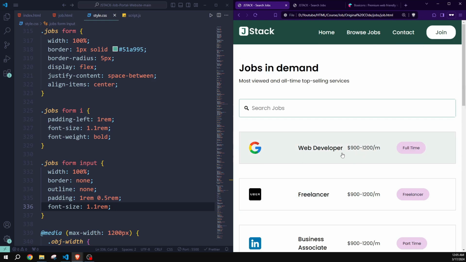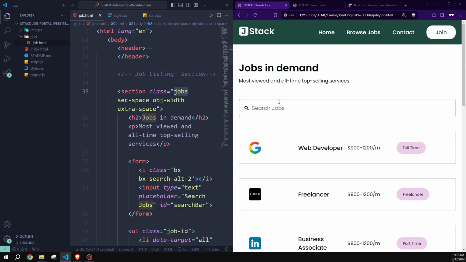So for doing that, now we have to create a local storing system. It means we're going to create one JavaScript file, and inside that JavaScript file, I'm going to store all this data. It means I'm going to store these images, these titles, this rate, and this keyword as well. So for doing that, let's go inside our jobs folder, and here I'm going to create another file, and this file name will be